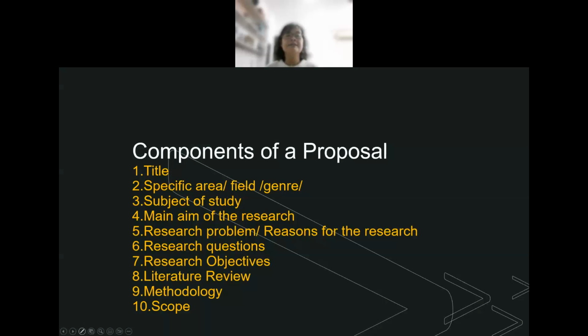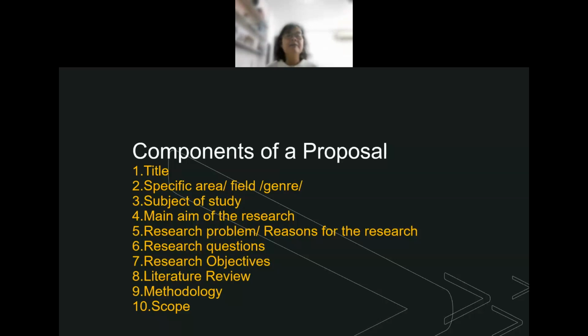These are some of the items that you need to have in your proposal. One is the title of your research or your postgraduate thesis, of course the specific area. And I think some of you will get a very detailed explanation of it later.